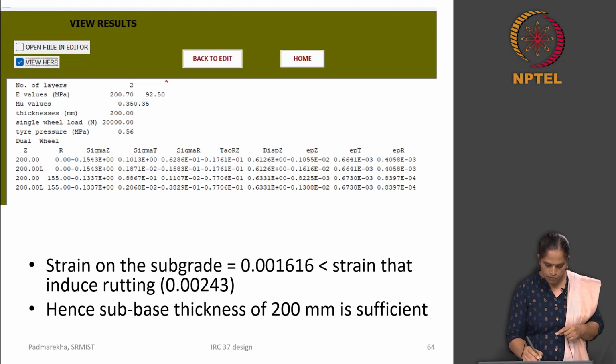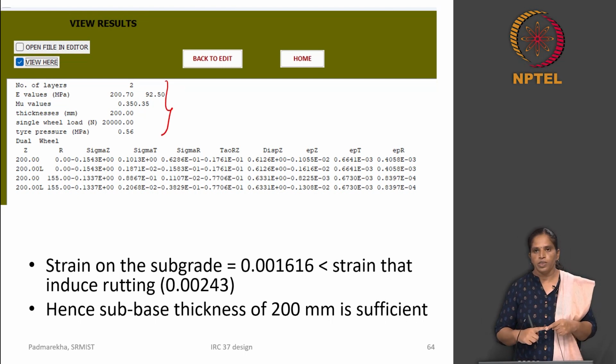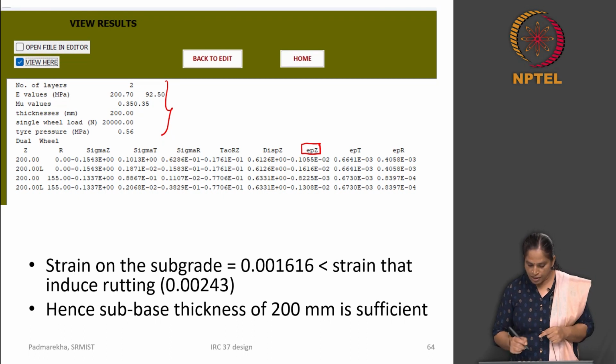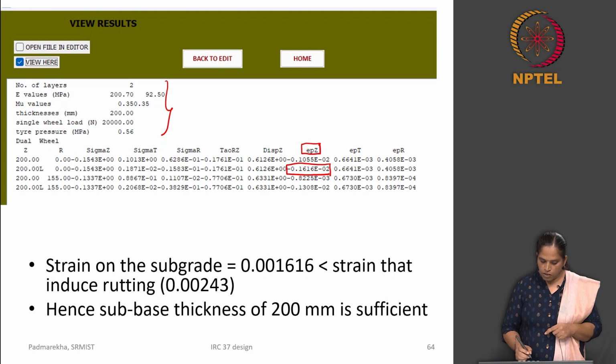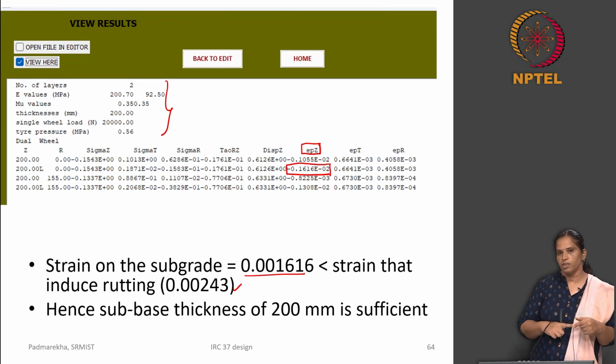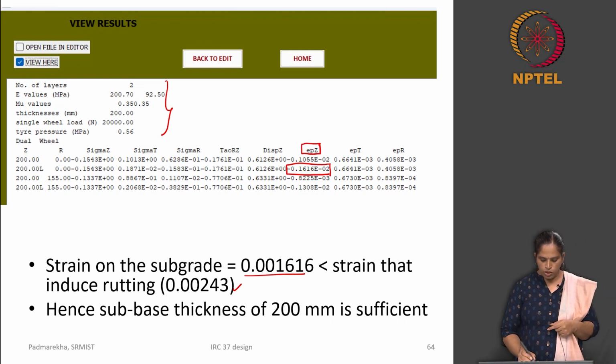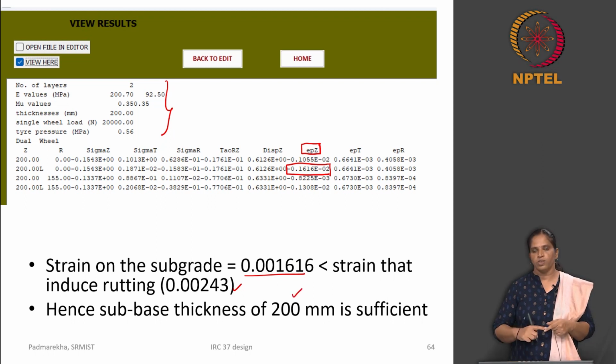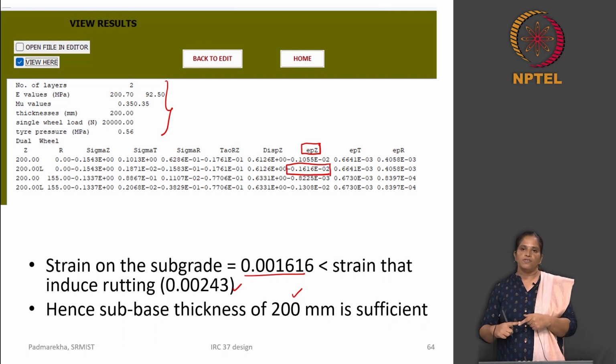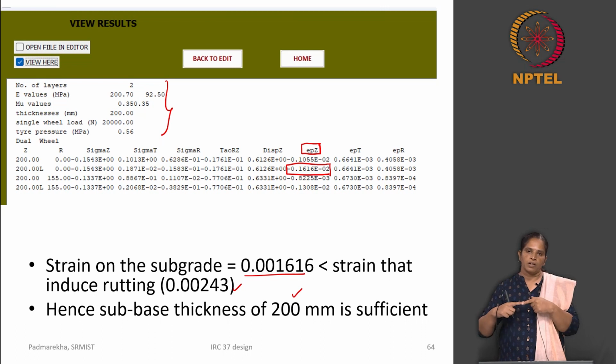So, for the input we have given, the strain that induces the subgrade rutting is the vertical compressive strain, that is this value. You need to find out which is the maximum value here. The vertical compressive strain at the top of the subgrade layer maximum is found to be this number. Negative sign indicates that the nature is compressive. So, now you can see that this strain value is much less than the allowable strain which we have computed from 10,000 repetitions of a standard axle load, that is 0.00243. So, our base course thickness of 200 millimeter is sufficient enough to take the traffic that is acting on the pavement